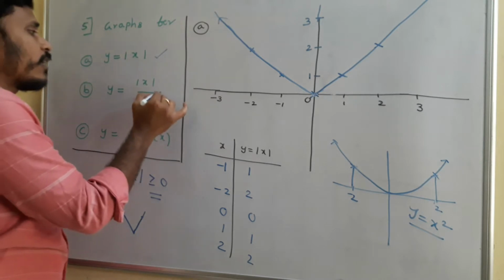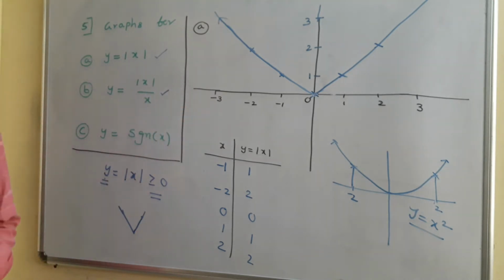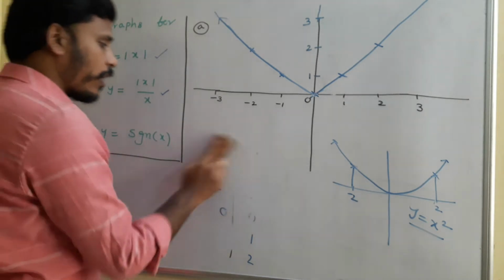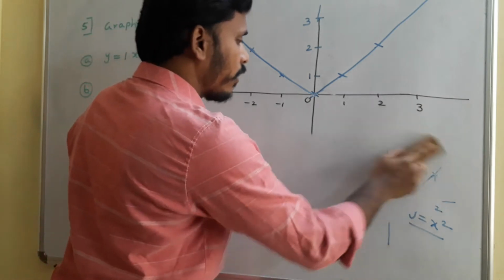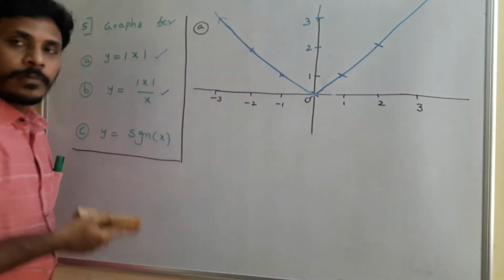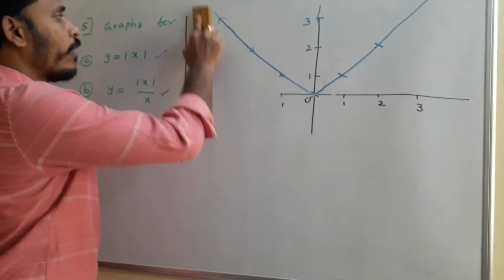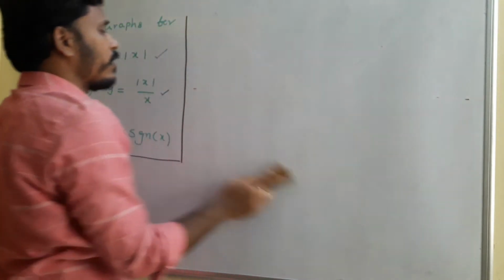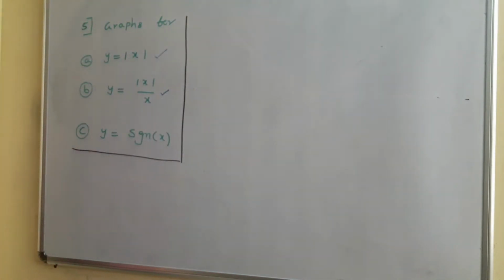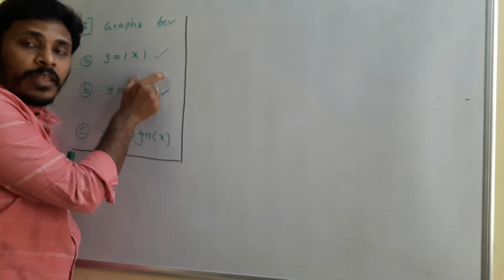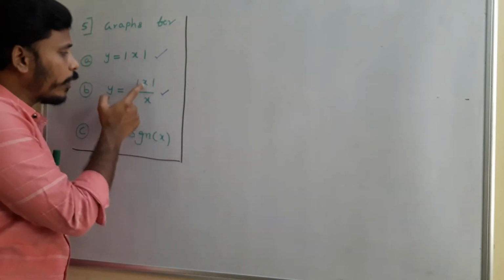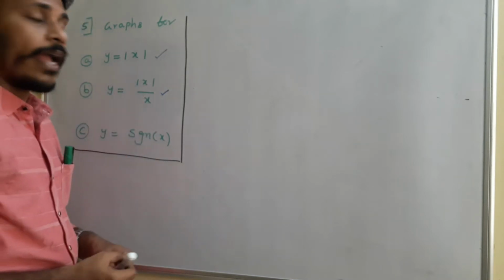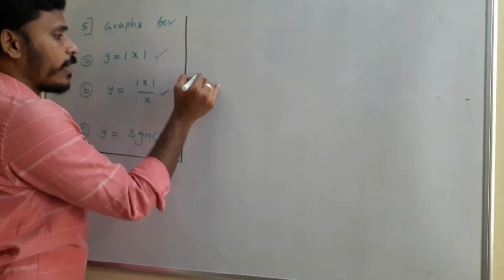And the next thing is the graph of mod x by x. See what we can say about the graph of mod x by x. Okay, I am erasing this and I am going to sketch the graph for mod x by x. I think you are all aware of the mod x by x value. If x is positive, modulus of x is x, whereas if x is negative, modulus of x is minus x. So if you take positive numbers in place of x, x by x will give us 1. If you take negative values in place of x, minus x by x will give us minus 1. But at 0, the value is not defined.